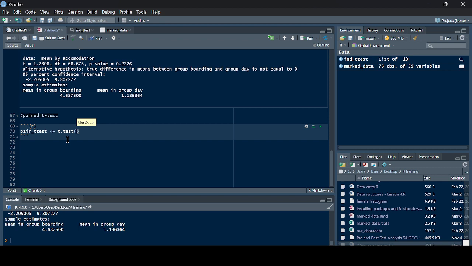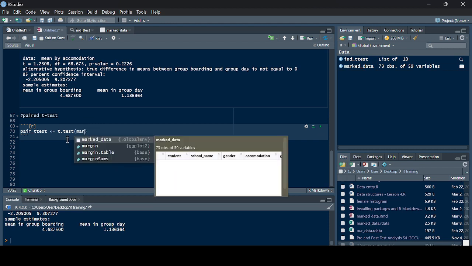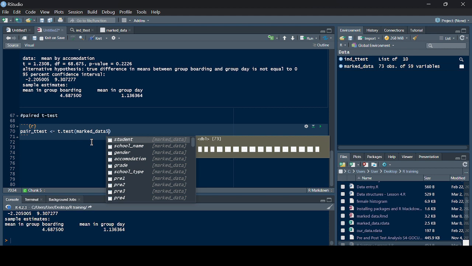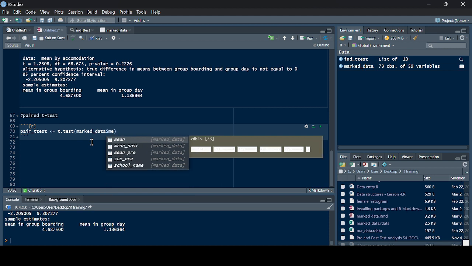And we need to go through our data. It's marked data, specify the column using a dollar sign. Let's start with pretest. For a paired t-test, we don't need a difference because we calculate it ourselves, mean,